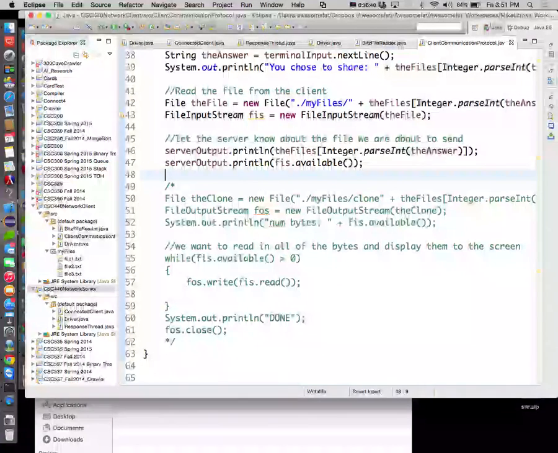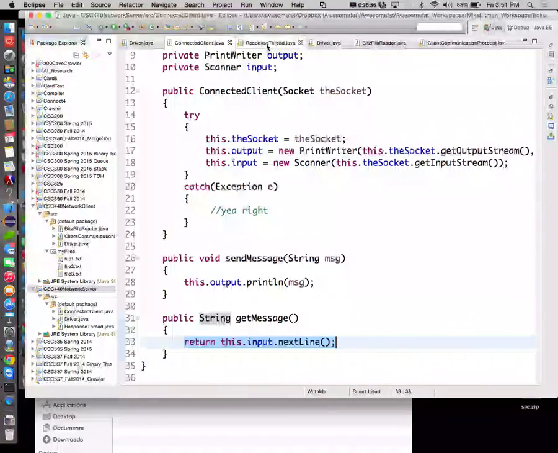So I just did that over on the client. So the client's now saying, here's the file I'm about to send you, and this is how big it is. Okay, very proprietary protocol we're writing here. We're letting the server know a couple of things about what's about to happen. All right, so then on the server side,